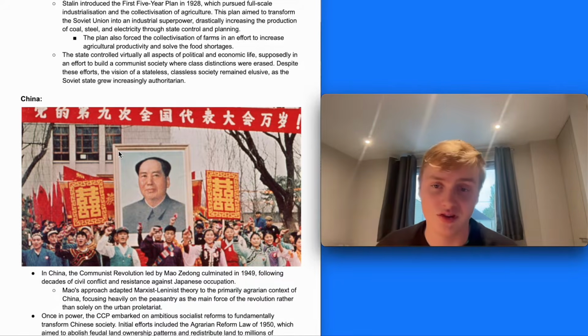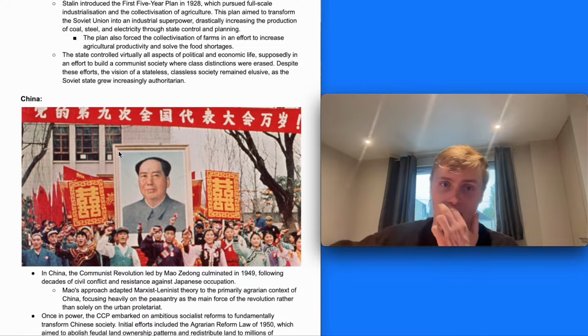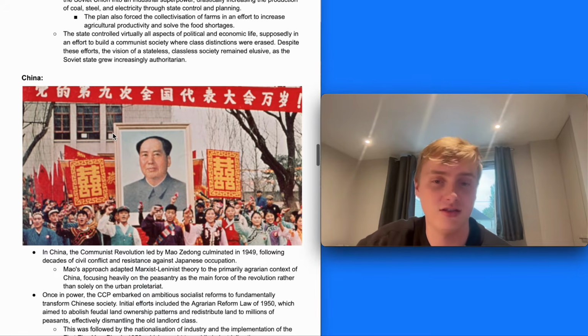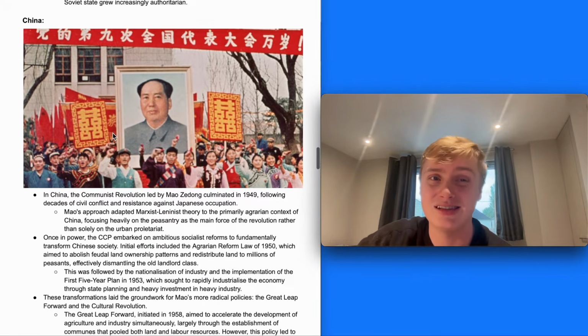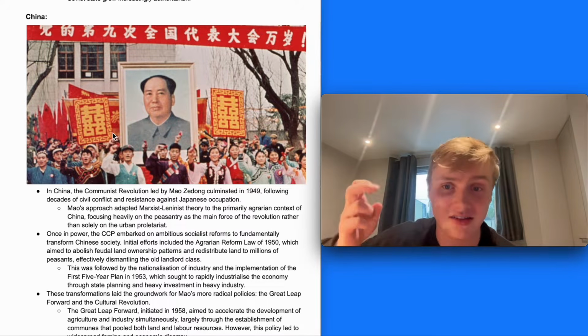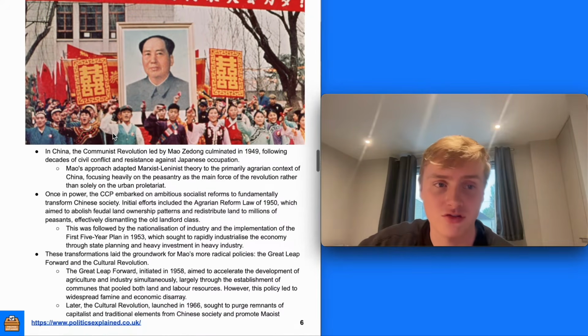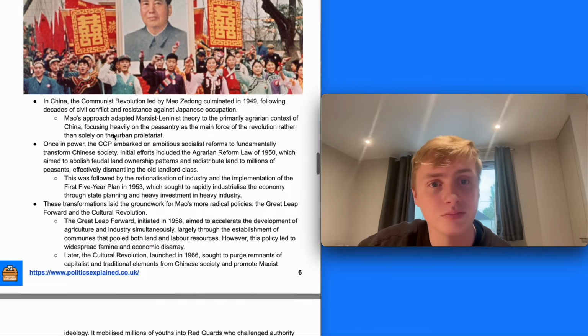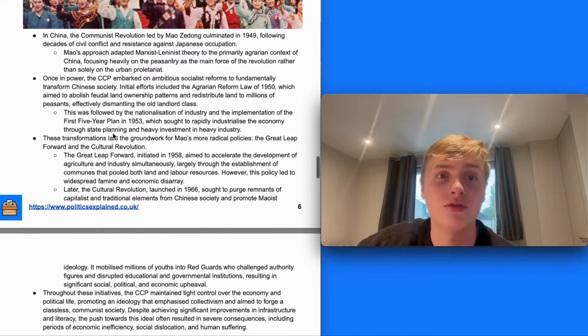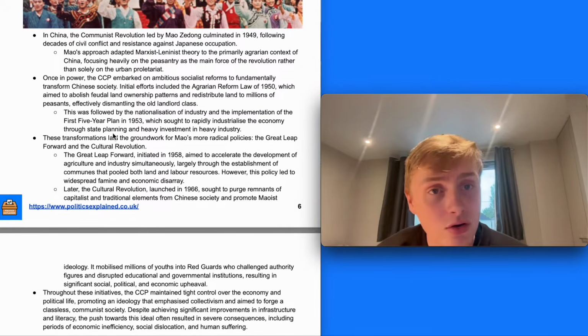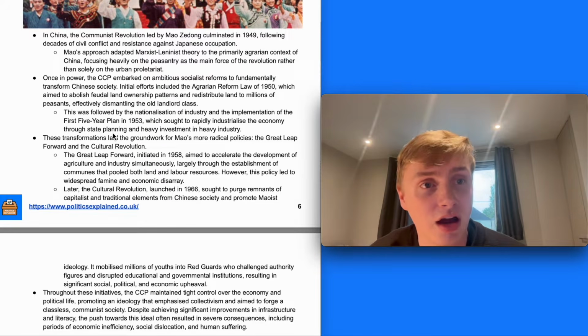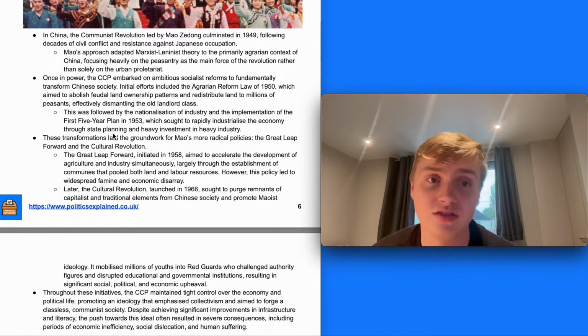You see the exact same in China. You don't ever see progress towards this stateless or classless society. You effectively see it stuck at the dictatorship of the proletariat with a very strong authoritarian state. In China, the Communist Revolution, led by Mao Zedong, culminated in 1949, following decades of civil conflict and resistance